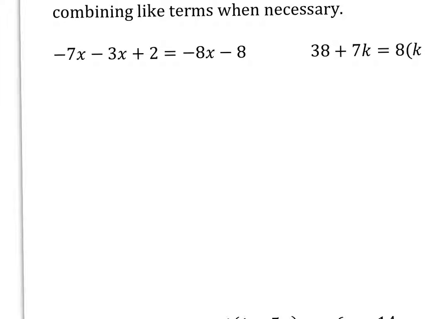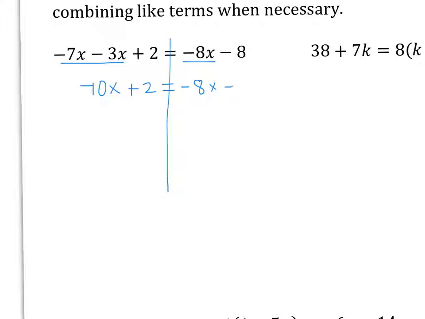Okay, we have negative 7x minus 3x plus 2 equals negative 8x minus 8. What I want to do is get the variables on one side of the equation. So I want to move over the negative 8x, but before I do that, I'm going to combine my left-hand side because I see some like terms. I see negative 7x minus 3x, and that gives me negative 10x, and then I have plus 2 equals